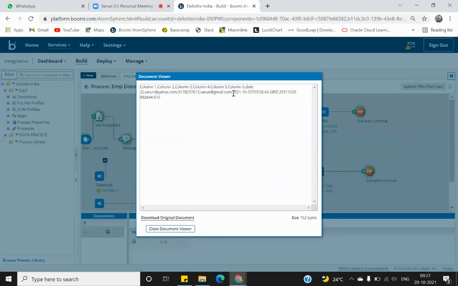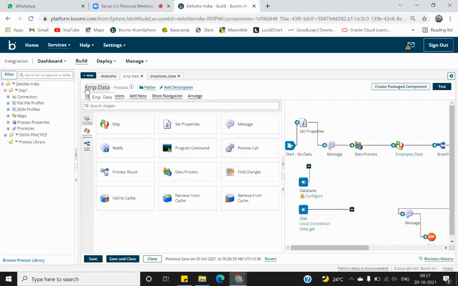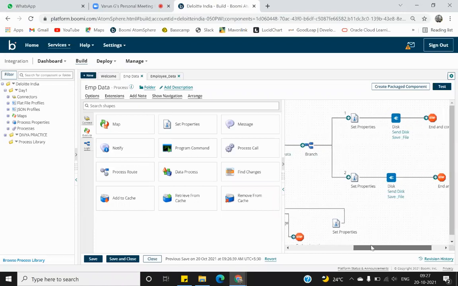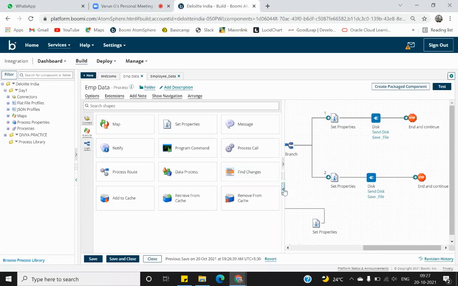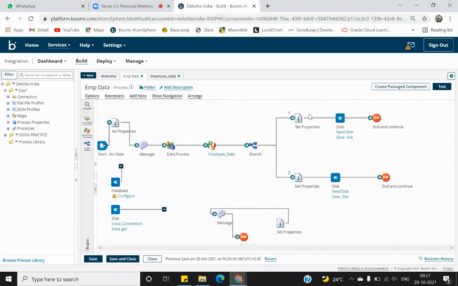Now see, you're seeing column 6 here. This is the date that we set in the dynamic process property. All right, so that is a dynamic process property. Now coming to dynamic document property. Dynamic document property is something that you want to set based on your document. You can use DDP for date setting as well, but the problem with DDP is that in whatever branch you have set it, for example this is my branch here, and I set my DDP on the first branch, I cannot retrieve that value on the second one.